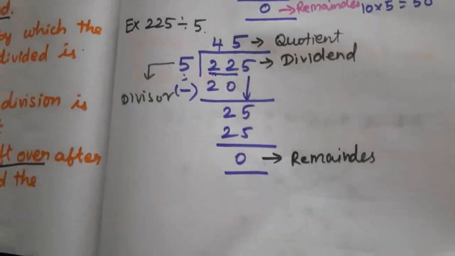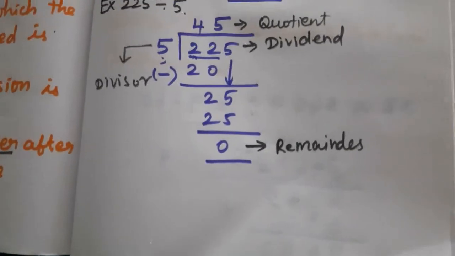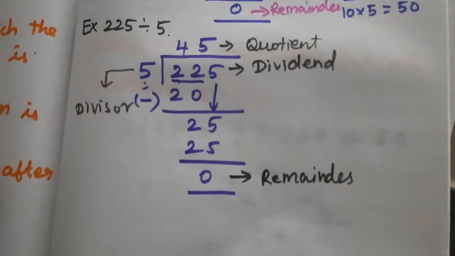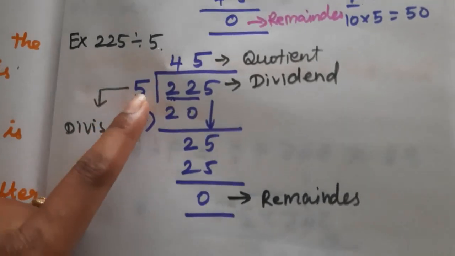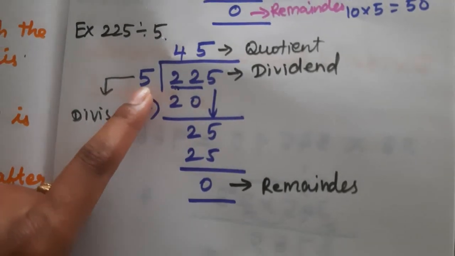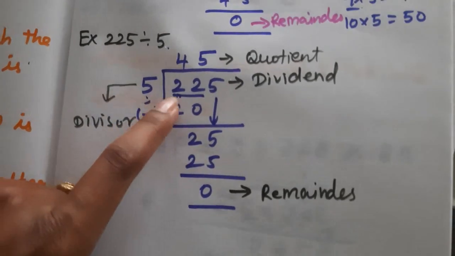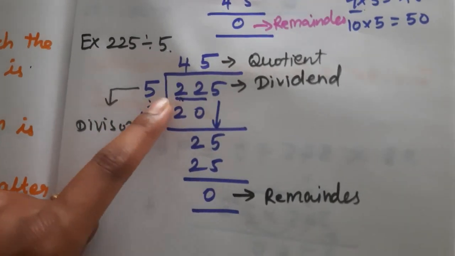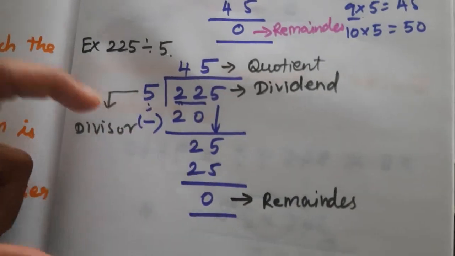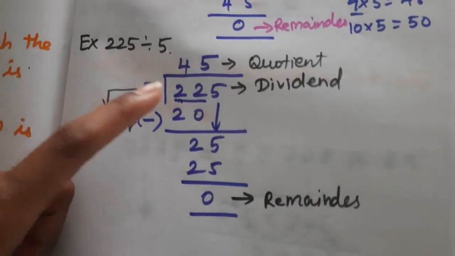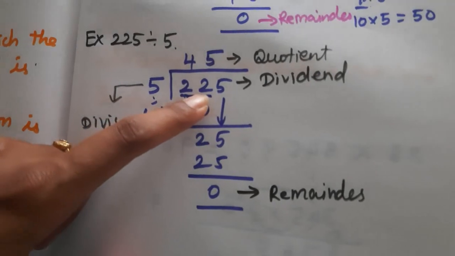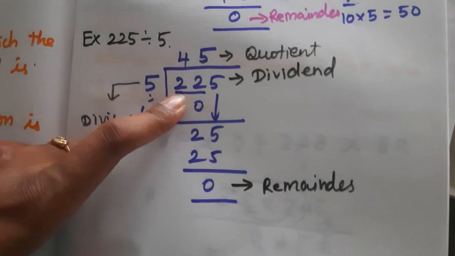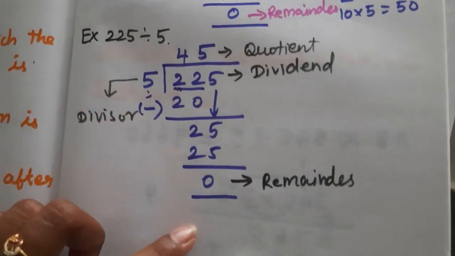So next one is another example for the division by one digit. Okay, do you have any doubts? See, two things only you have to keep in mind. First you have to compare the divisor. If it is one digit, first you see the one digit. After that you have to compare. In the comparison, if the divisor is greater, at that time you have to see the two digits. If the dividend is the greater number, you have to do that division as it is.